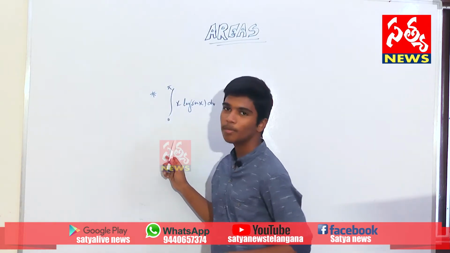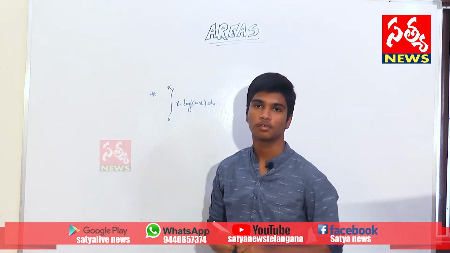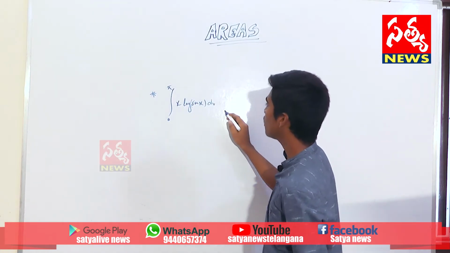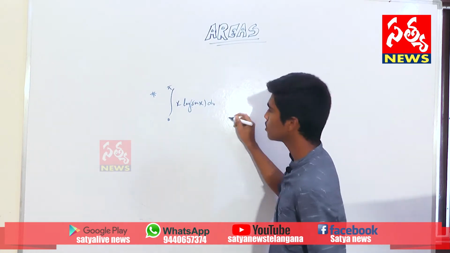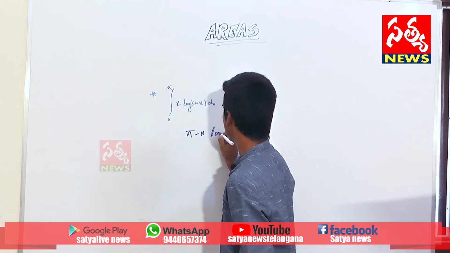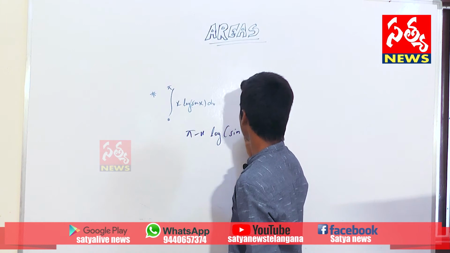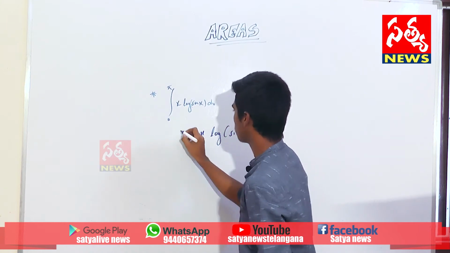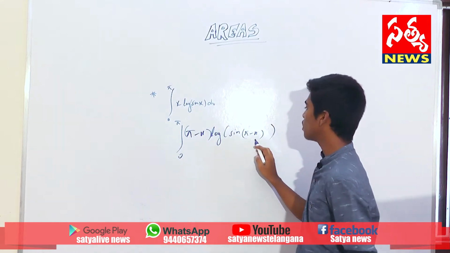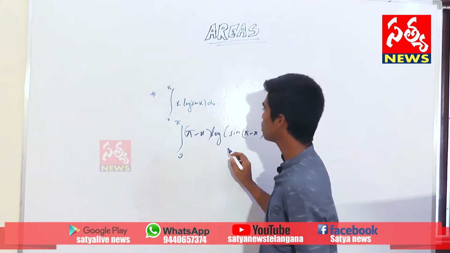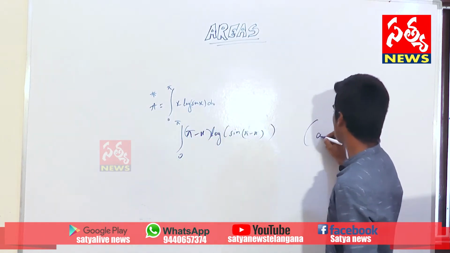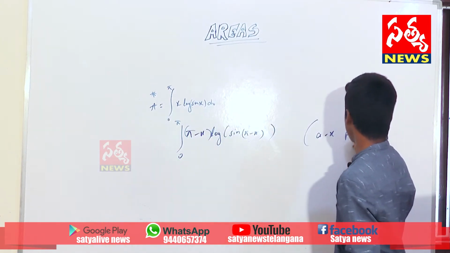This was the last problem given as homework in definite integrations. Now we will solve it. Here we have to use the a minus x property, and the next step would be pi minus x into log of sine of pi minus x, integration 0 to pi. As we all know, sine of pi minus x is sine x, and let us assume this question as A. Here the property used is the a minus x property.